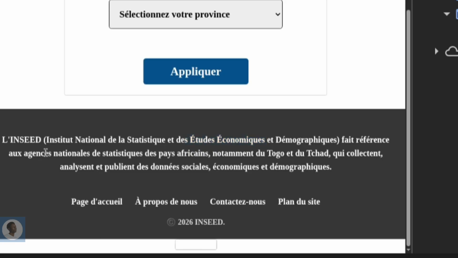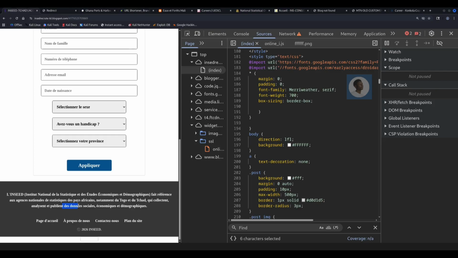And it refers to national statistical agencies, specifically for African countries, notably Togo and Chad, which collect, analyze, and publish social, economic, and demographic information from what I see over here.